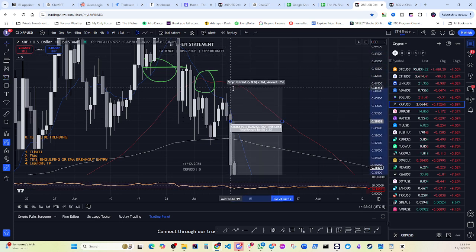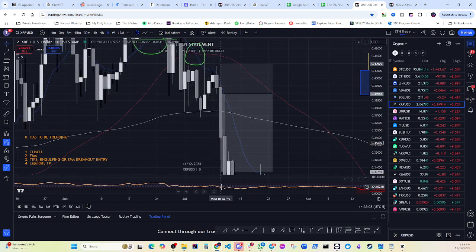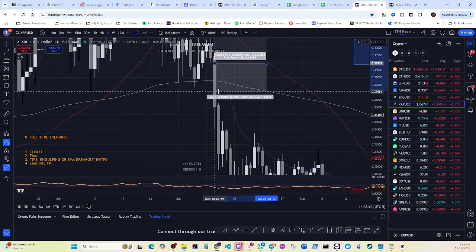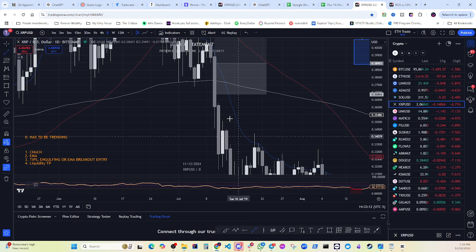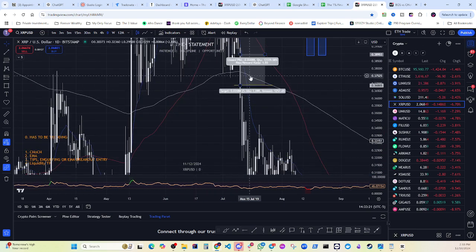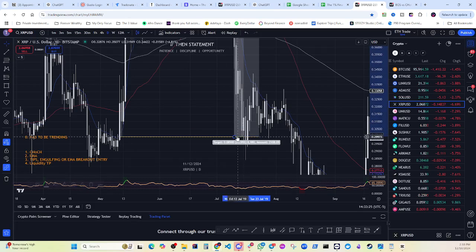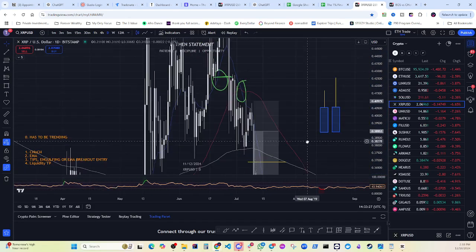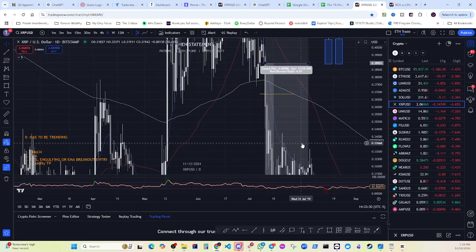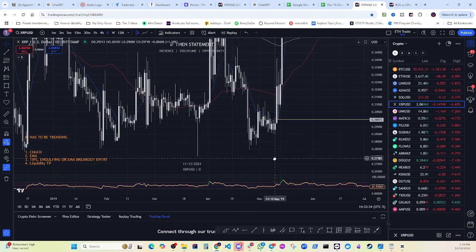Stop loss above the previous wick right there of that tips candle. Okay, 1 to 1 for TP1. And then you go for some type of liquidity. So for me, that liquidity is where I'm going. That is a 1 to 4. Cool. Anyways, that is tips. Now, if we're looking for buys,